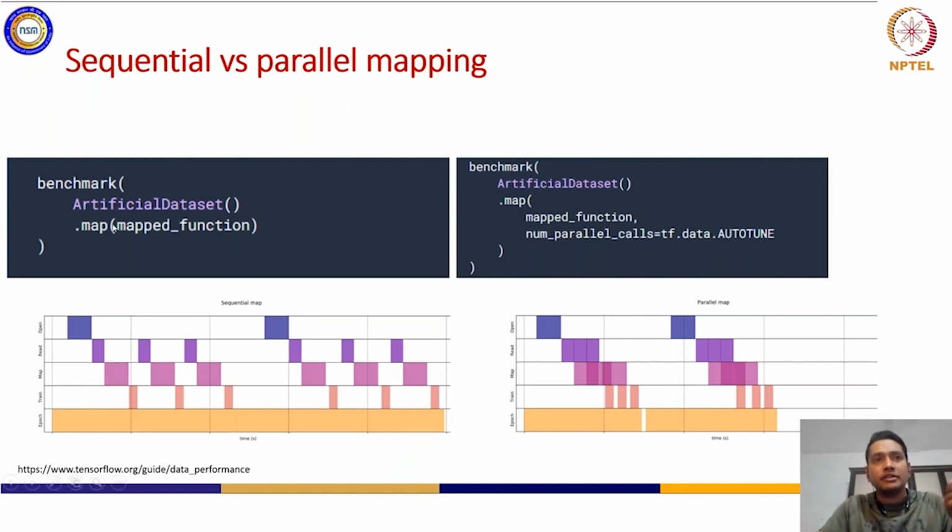But this is the simple way you will do it definitely. But the number of parallel calls, if you define it with autotune, it will just parallelize your reading, fetching, and mapping or pre-processing. Now remember one very tiny detail that we will add in the next section, when we will cache this. Basically, all the things we are doing here till now,